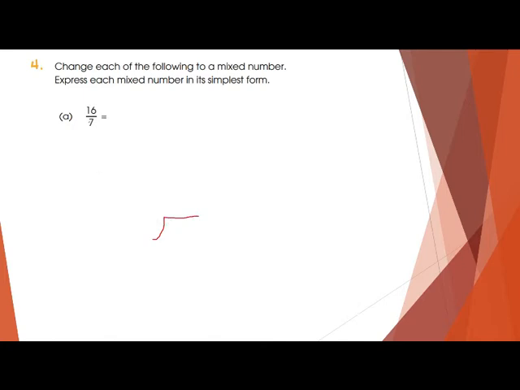Whatever the value we have in the denominator, you have to write over here. What is the value over there in the numerator? So you have to write over here. Read the table of 7 to get the 16. And we know that in the table of 7, we cannot get the 16. 7 2s are 14. So I am writing the 14 over here. What's the answer? 2. So I am writing the 2 over here. And what will we get? Subtract it. 16 minus 14, you will get 2.